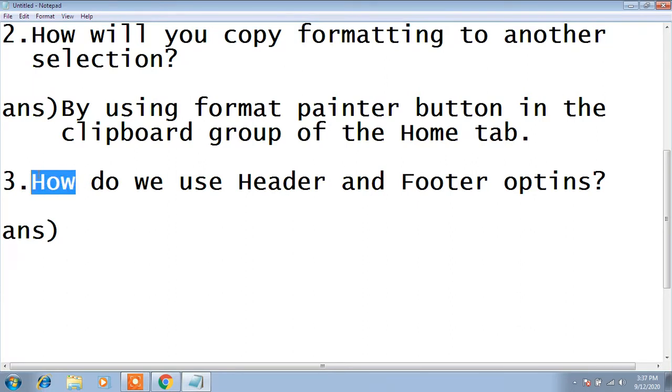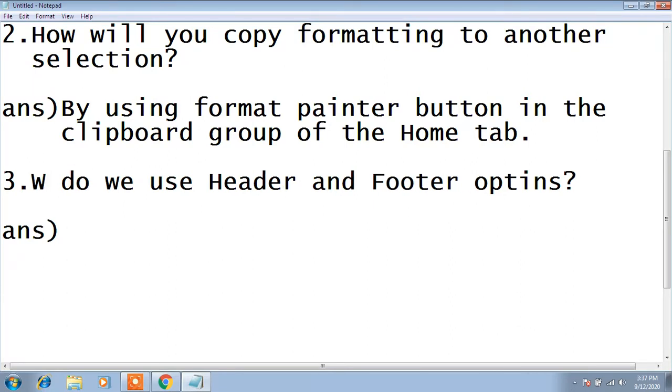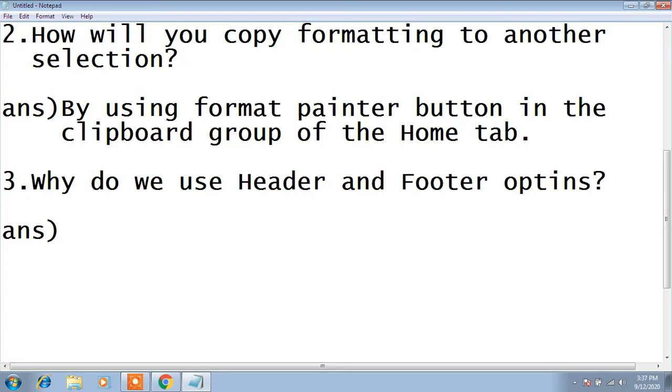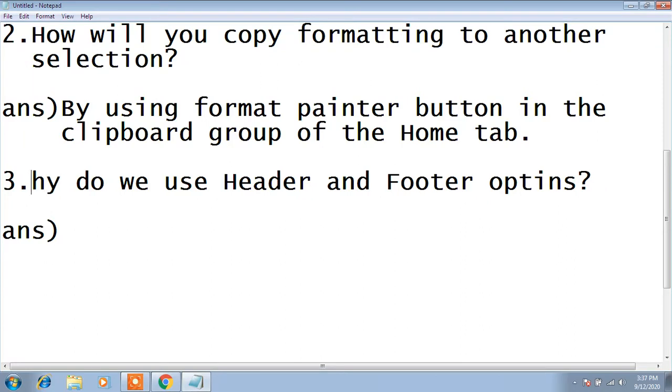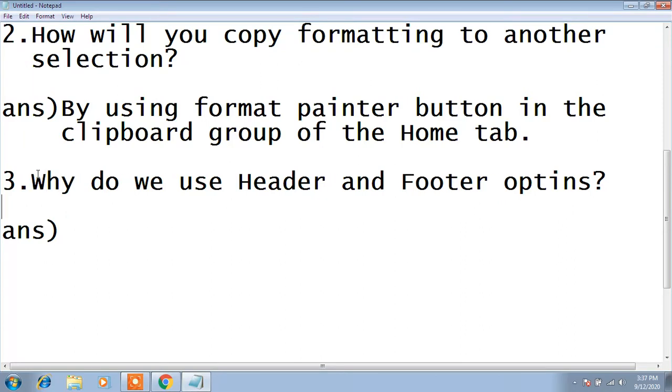This question is not how do you, but why do we use header and footer options?